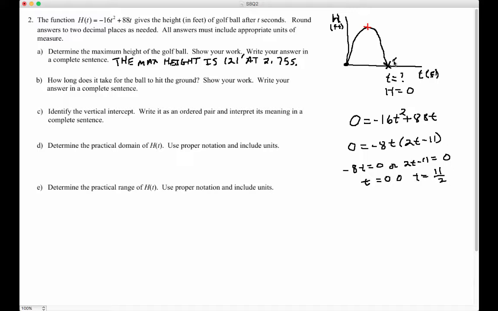And that's over here. That's the t equal to 11 halves. Here, when the ball is back down onto the ground again. So 11 halves, the time there, if we make that a decimal, they say round to 2 decimal places as needed, that would be 5.5 seconds. Let's make that look more like an S by putting an E and a C there and put it parenthetically. So 5.5 seconds. Okay, so it takes 5.5 seconds,